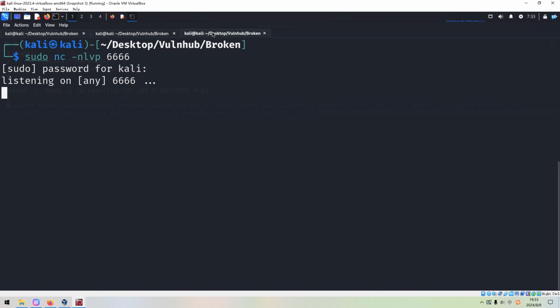And then we can wait for the new connection from the target. And this connection is triggered, or launched, from another user, Alice, rather than the current user www-data. Okay, of course this is what we want.